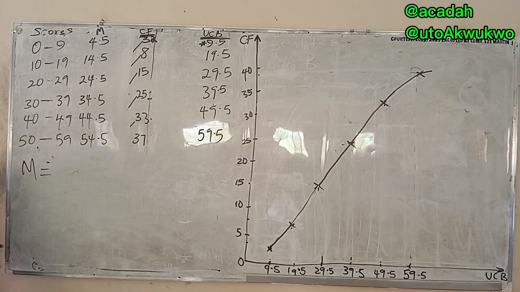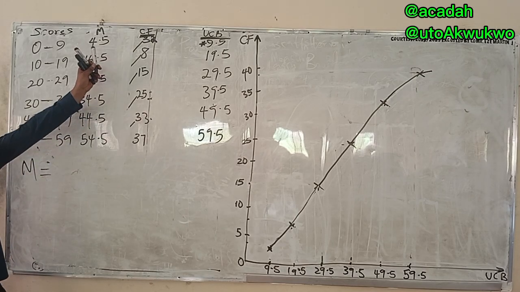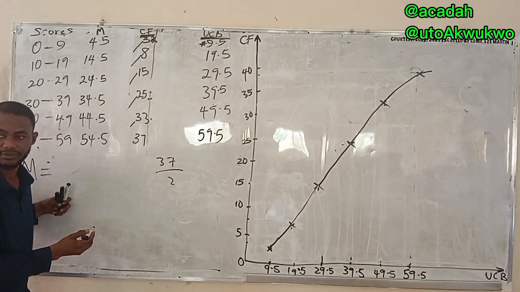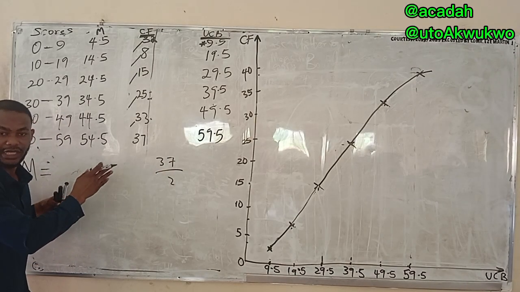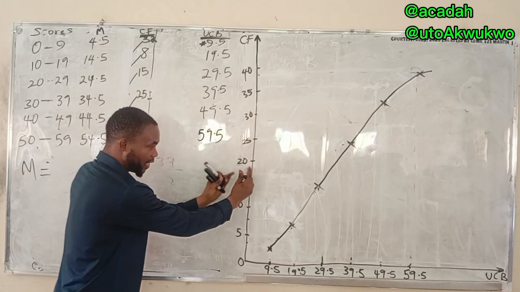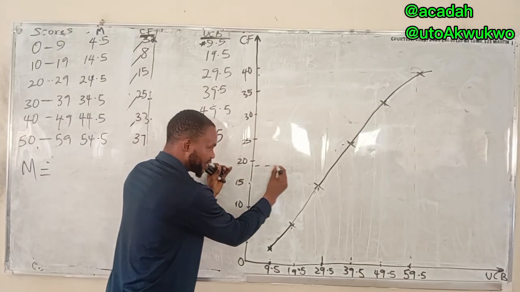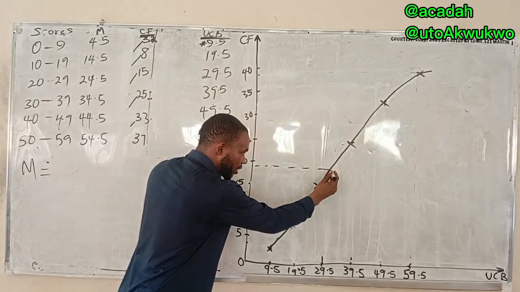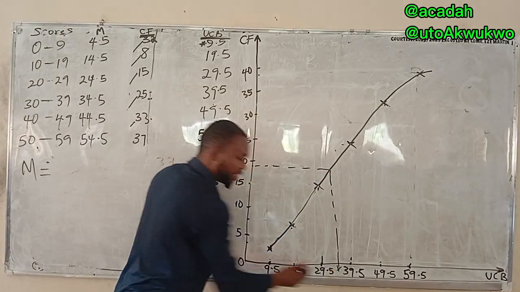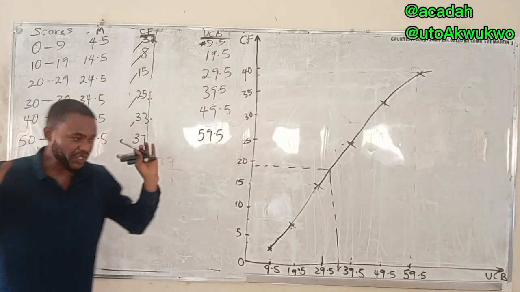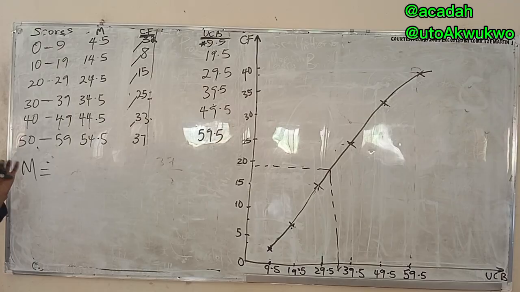M equals to, that is when you don't have your graph. Because if you draw your graph now and do everything here, frequency, everything here is 37, shall we? 37 over 2 is what? If you have 15, that is around 17.5 or so. If I come to this place and locate 17.5, by the time I place this using my graph notebook, then trace this down, anything it gives me here, if you check the measurement, that's your median. You'll be very correct.